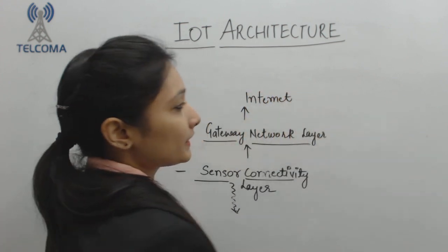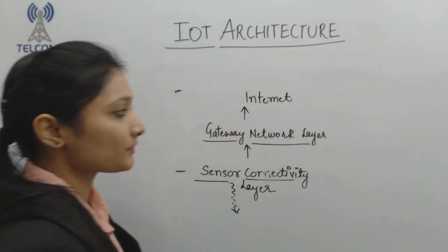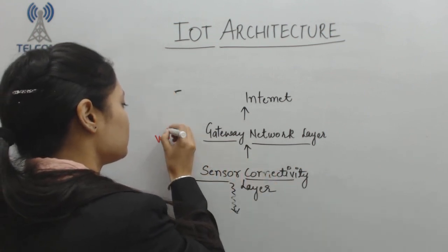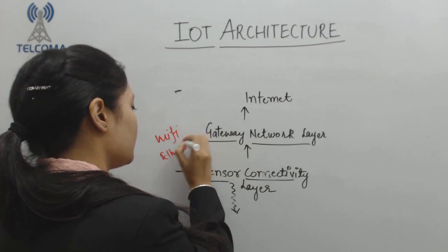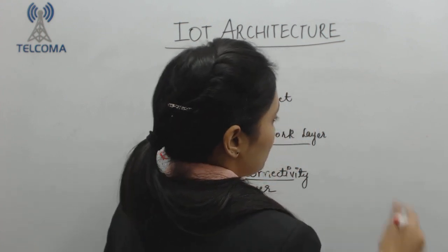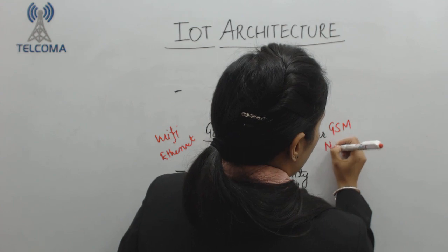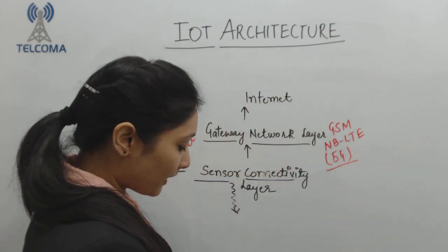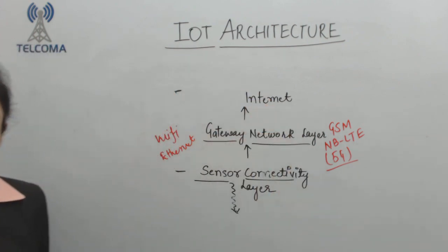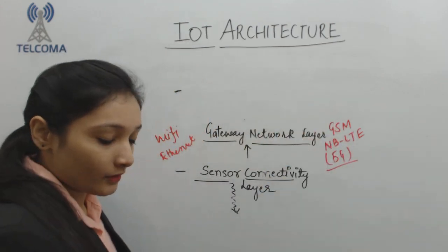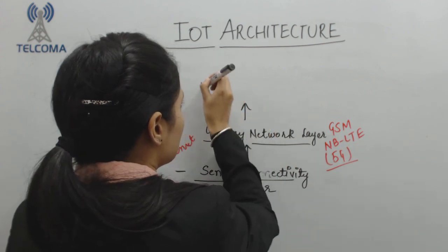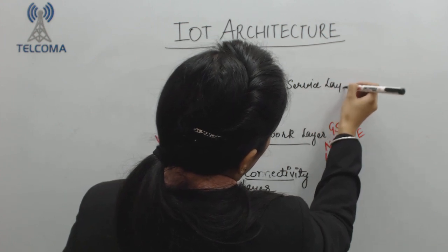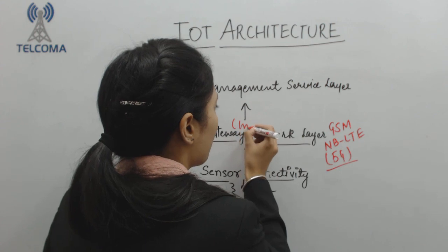Now, after that, we have the connectivity to the internet, and we studied the various platforms which enable this connectivity. For local area networks, you have Wi-Fi and Ethernet, and we have other domains like GSM, narrowband LTE, and the upcoming fifth generation of technology. Above that, the layer which presides is the management service layer. So we have the internet here,